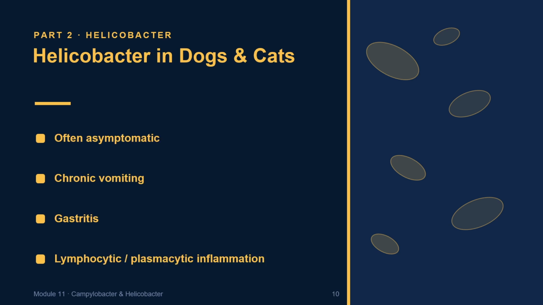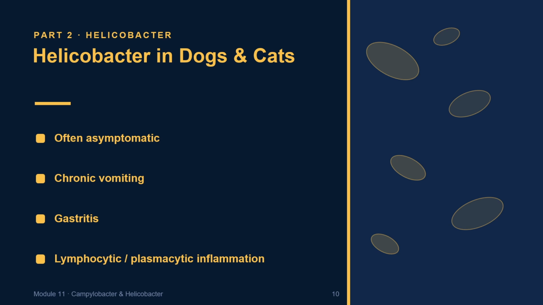In dogs and cats, Helicobacter species are extremely common. Many animals carry them without any clinical signs. When disease does occur, it usually presents as chronic vomiting, intermittent inappetence, or signs of gastritis. Histopathology often shows lymphocytic or plasmacytic inflammation, but because Helicobacter can be found in healthy animals, diagnosis requires correlation with